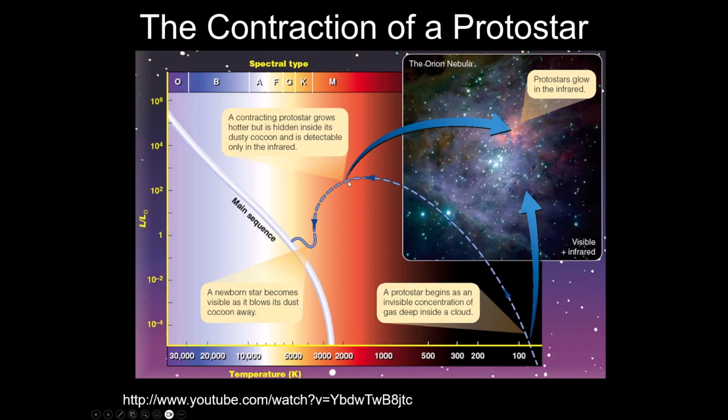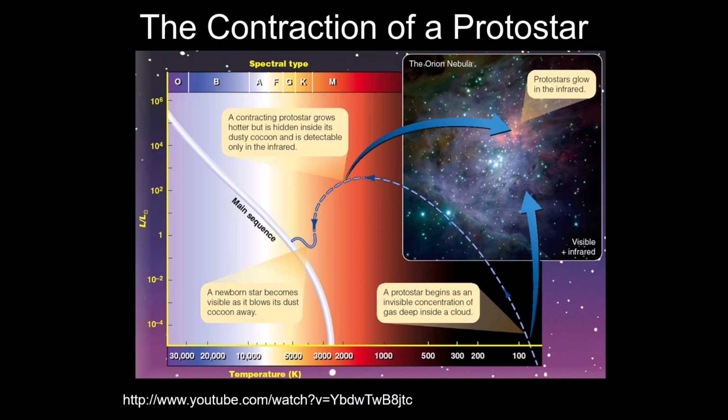So if you think about this, why would an object get fainter if it gets hotter? Well, if you remember the Stefan-Boltzmann law, that can happen if the object is sufficiently large. And so what we're seeing here is that the reason the brightness starts to go down is because the object has now taken on a more compact shape. It's much smaller in size. And that actually limits the luminosity of the object. A lot of the energy that's being created here is trapped inside of the object. And we're starting to see a balance form inside of this object.